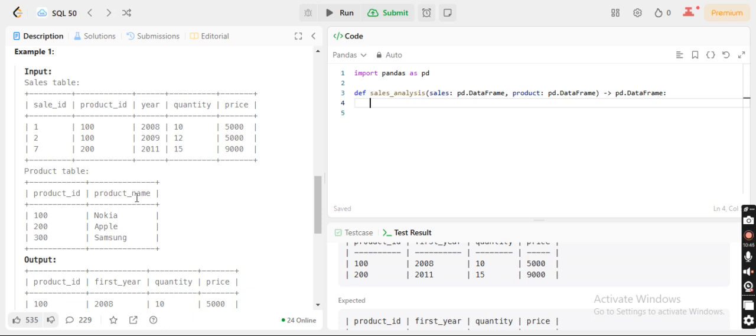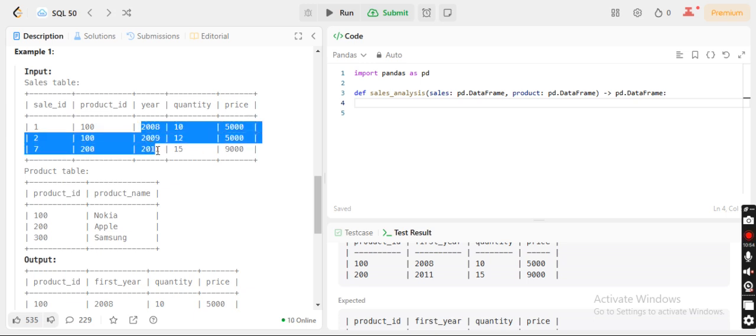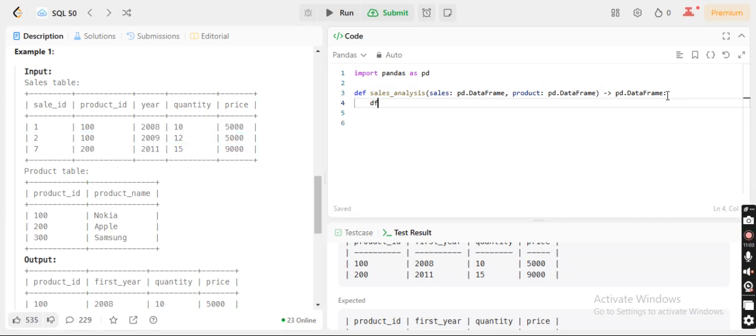Part 1: what will happen if I join the tables? Part 2: what will happen if I filter the minimum years first? We try both the approaches and try to understand which approach is best. Simple. So sales, product, on